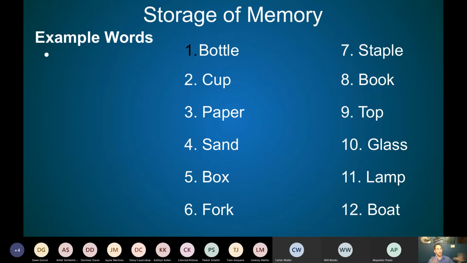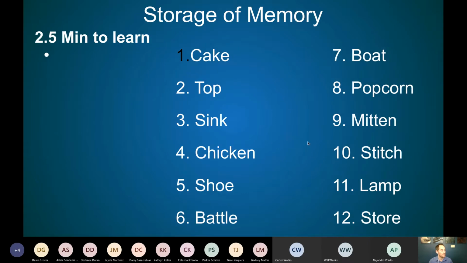I'll put it up for, I think, 2 minutes, and then I'll take it down. Then you can write it down. Hopefully you get it in the right order, and then we'll see who was correct and who was not. So I'm going to pull up my timer here. Hopefully everybody is ready. Let's go on to the next slide, and I'll mute my audio and video to be less of a distraction. All right, so 2.5 minutes. Learn these words.